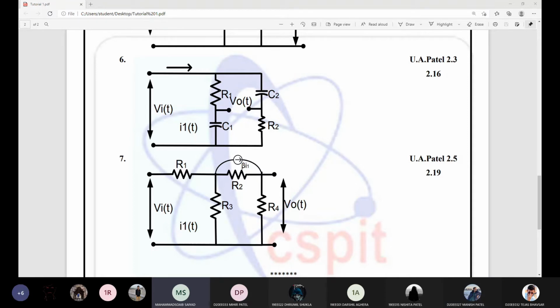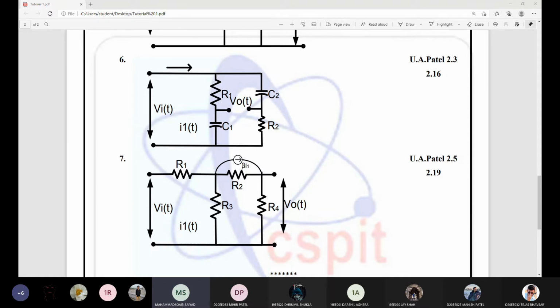So we want to find out the transfer function. This is R1, this is R2, this is C1 and this is C2. Previously the output was here, so I could find it directly from here. Now what is the difference? The output V output of t is nothing but the potential difference between these 2 points. Let us say this is point number 1, whose voltage is V1, and point number 2, whose voltage is V2.